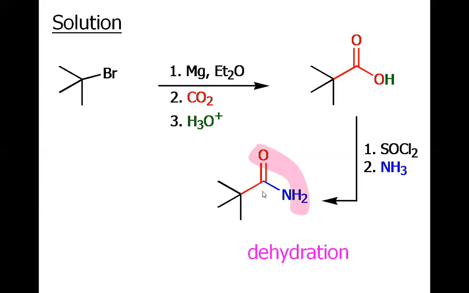And you know that you have just learned, if we treat this amide with a dehydrating agent such as the dimer of diphosphorus pentoxide, we will have the nitrile form. So see how we converted this tertiary alkyl halide into this group, the replacement of bromine by cyano. This was not possible by simple attack of the cyanide on this carbon to have this product, because this is the tertiary carbon center, not the primary or secondary carbon center.